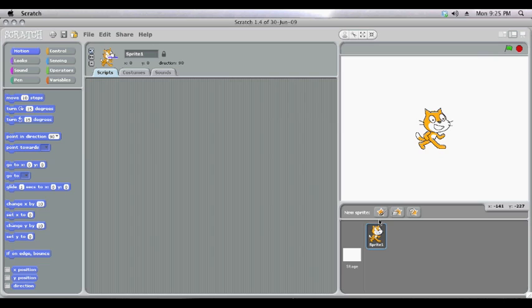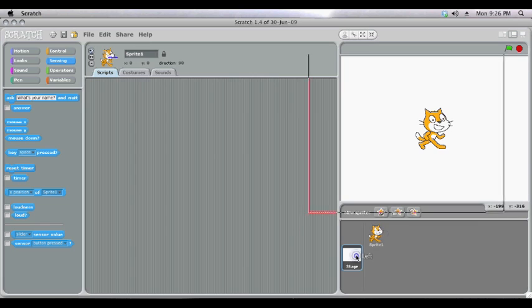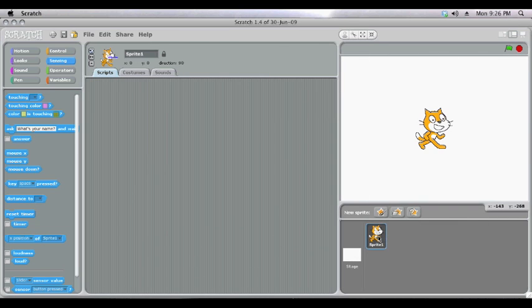In this first video we're going to make a very simple project where the cat moves across the screen, hits the edge, meows and then bounces back. So the first thing we need to do is make sure we have our cat selected instead of the stage or anything else. Then we're going to come up to Control,